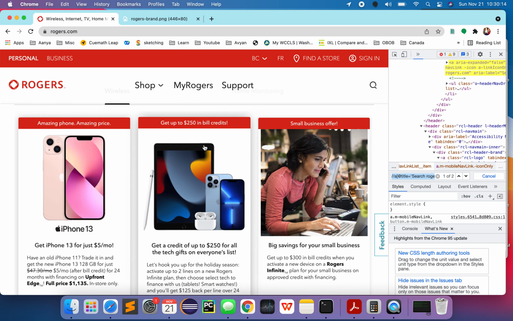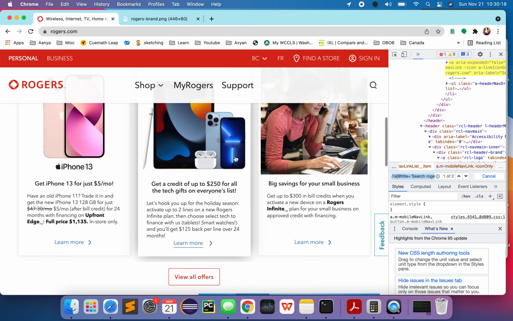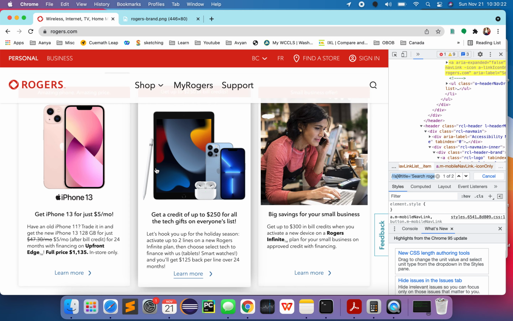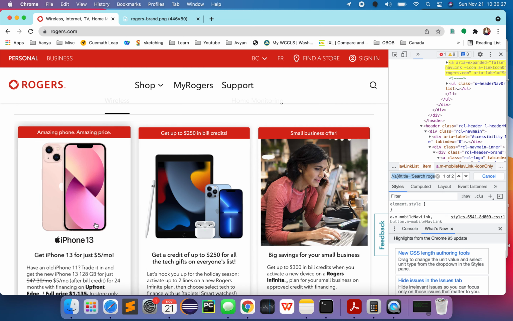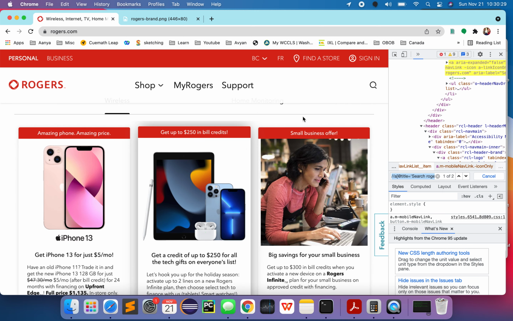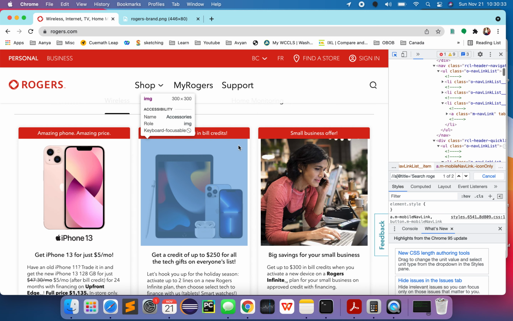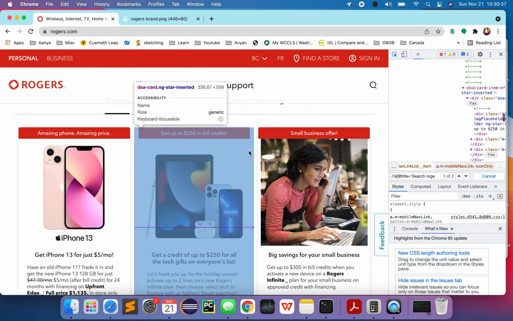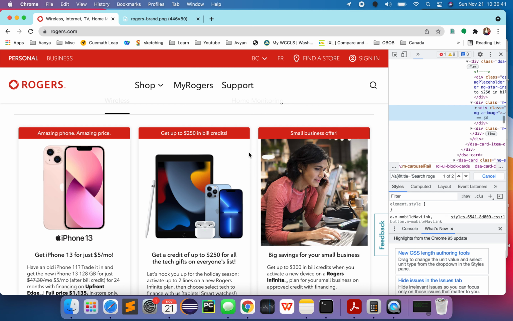So I see 1, 2, 3 right now. Tomorrow it may be only 2, and the next day it may be 10, right? If something is dynamically changing, that's how they do it. So we will try to identify, let's say, the second widget, okay? I'll do the same thing again. I'll click over here and hover on it. I'll try to find out which section I want. So let's say this is the section, because when I click on it, it still opens for me, right?